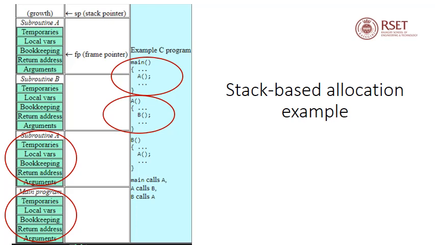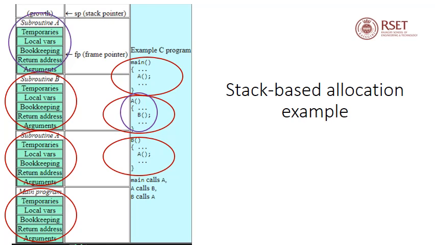Currently none of them has finished execution, so it will go on pushing the activation records on top of the caller. So now we have subroutine A, and from this we know that subroutine A is going to call B. So the next subroutine to be activated will be function B. Subroutine B's activation record is going to be pushed onto the stack. Next we have B calling A. So again A will become active and the stack frame of A will get pushed onto the stack.